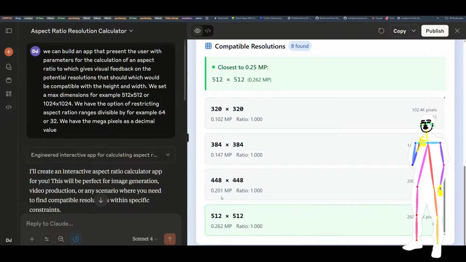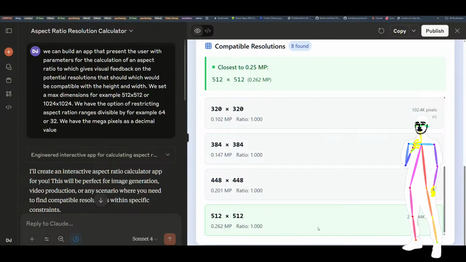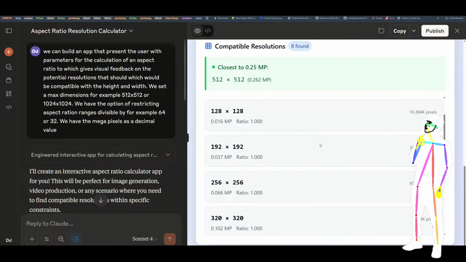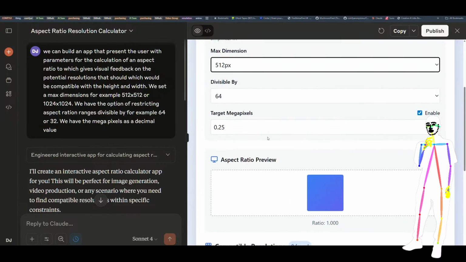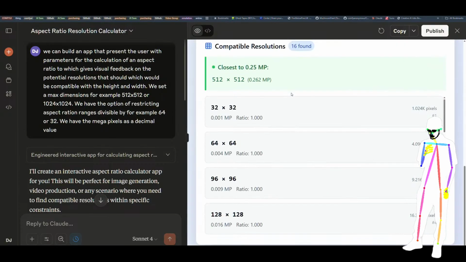See, I would have thought this one was closer, being at 0.25, of course, dummy. Of course it's this one. But it does mean it's actually slightly off. There's still a remainder. It's triggering my inner mathematician. I need to find out why and solve this immediately. Let's try with 32 divisible by